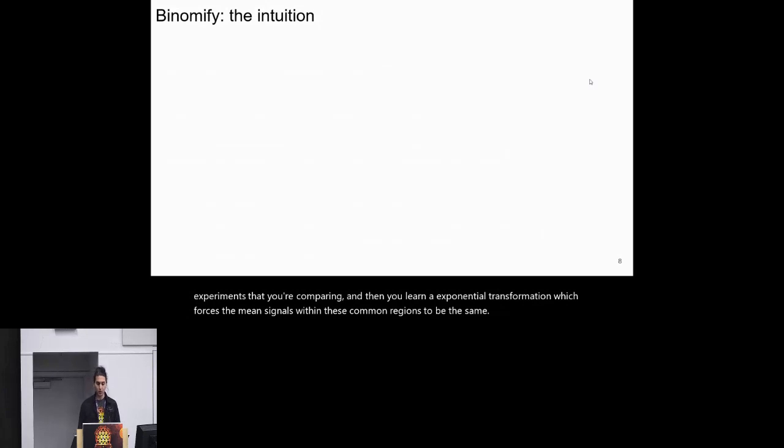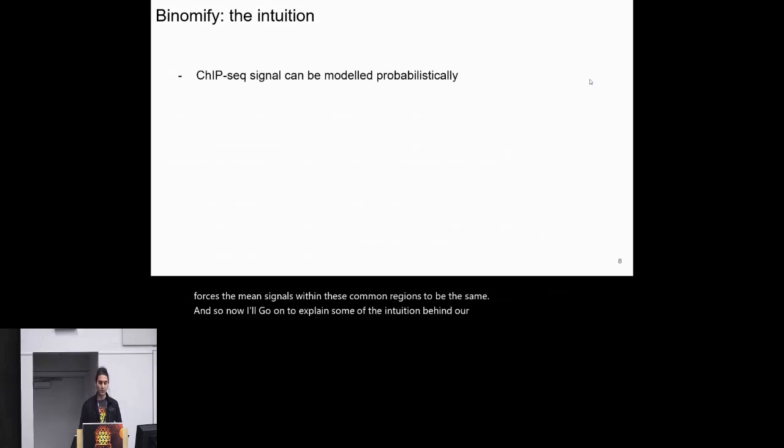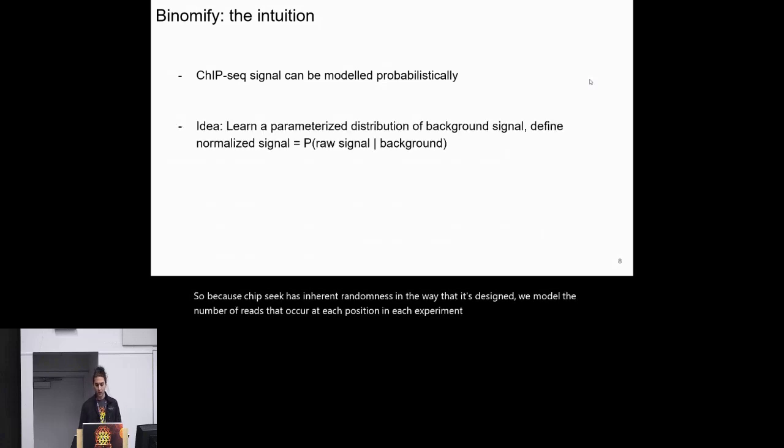And so now I'll go on to explain some of the intuition behind our method. Because ChIP-seq has inherent randomness in the way that it's designed, we model the number of reads that occur at each position in each experiment probabilistically. And so the idea is to somehow learn a distribution of the background signal, which can be explained by technical factors. And then to get your normalized signal, you just look at where your actual observed reads fall along